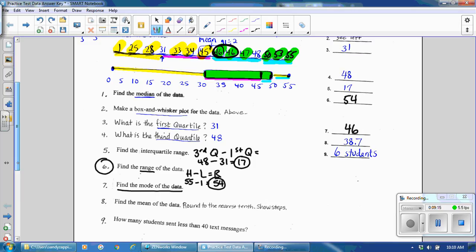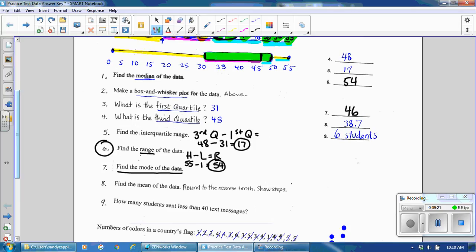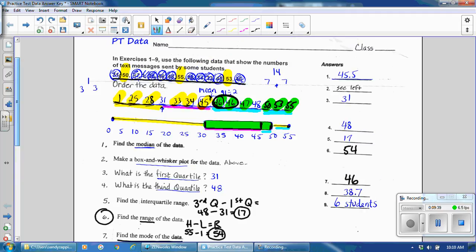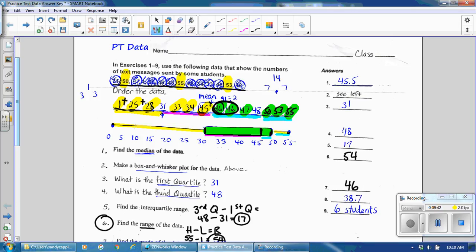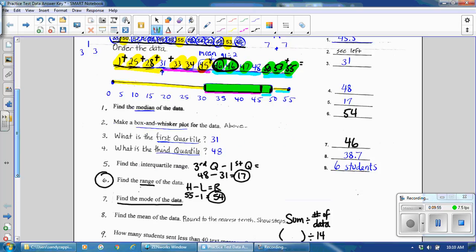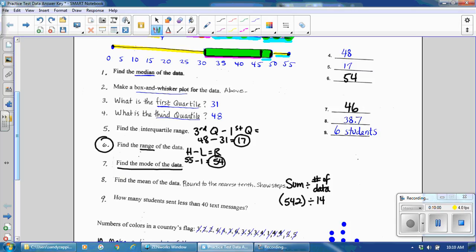Then, excuse me, number 8, find the mean of the data. Mean is the sum divided by the number of data. We've already counted the number of data, and we know that it is 14 numbers in the set. And then the sum of the data. So you want to take your calculator and add 1 plus 25 plus 28 plus 31 plus 33, etc. And then after you do plus 55, you press equal. Then divide by 14. So the sum of the data, I've already added the numbers and I got 542, and divided by 14 is